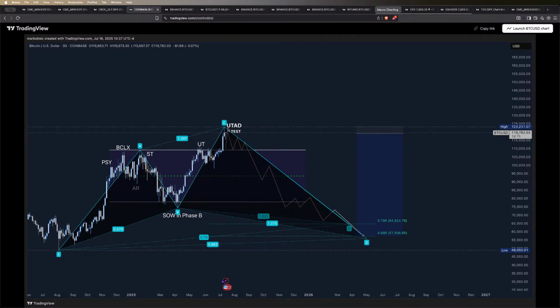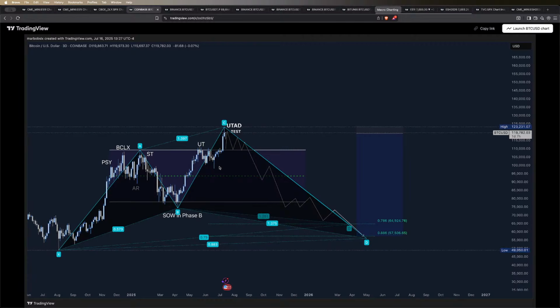We presented that if this argument was indeed going to take us as an upthrust, how low can prices on Bitcoin go? We mentioned the 0.786 from these lows to the highs based on the weekly time frame, to where? At 64,000, 65,000, with a lower level, a full reset basically, at the 0.886, 57,000. Can we go there? As you guys know, we don't have all the answers, my friend.